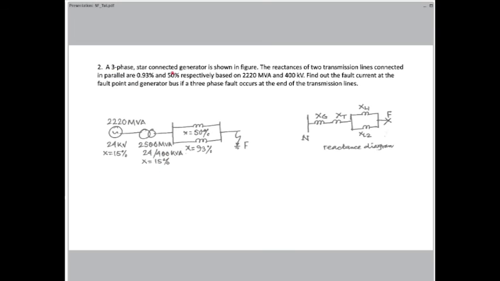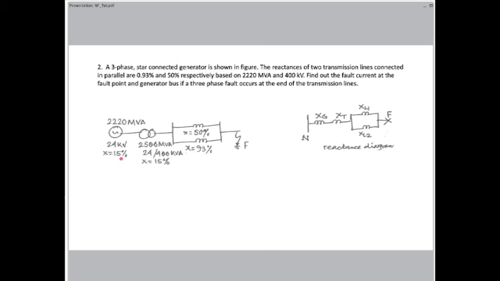What it is saying is, a 3-phase star connected generator is shown in the diagram. It's a 3-phase generator whose rating is 2220 MVA. It's a very big generator. Its operating voltage or rated voltage is 24 kilovolt. Its reactance is given